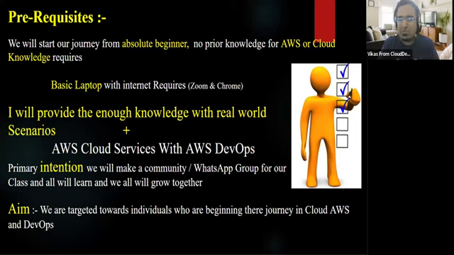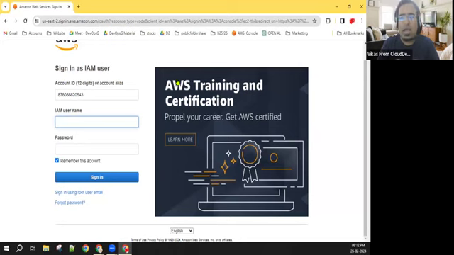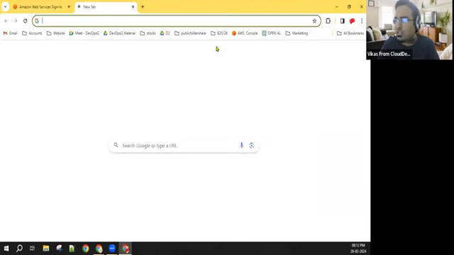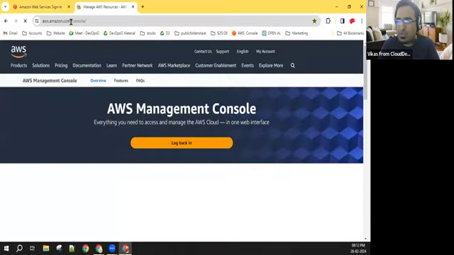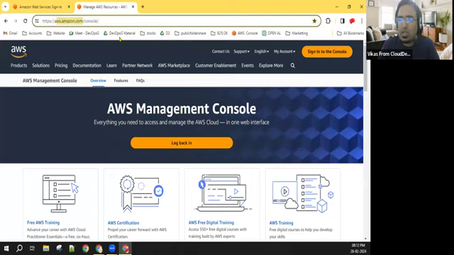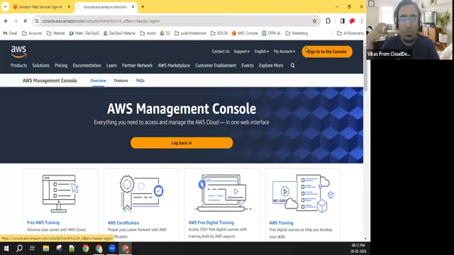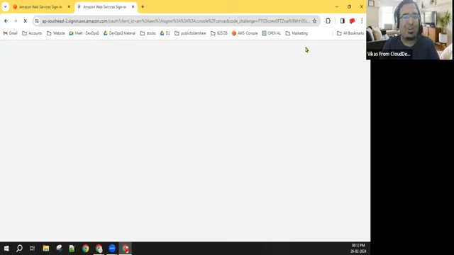Sir, what is the use? Let me tell you. I'm opening my AWS account in front of you. This is my Chrome browser. In the Chrome browser, I'm going to aws.amazon.com/console. With the help of the internet, this Chrome browser and the AWS account, I will sign in to the AWS account and connect to the data centers.